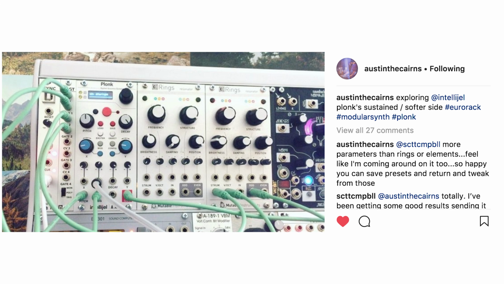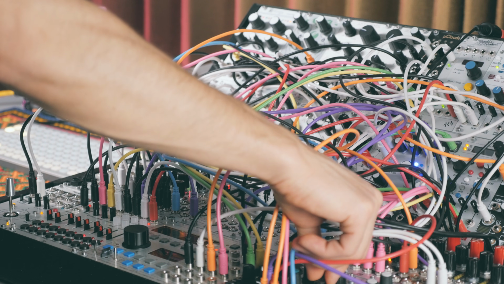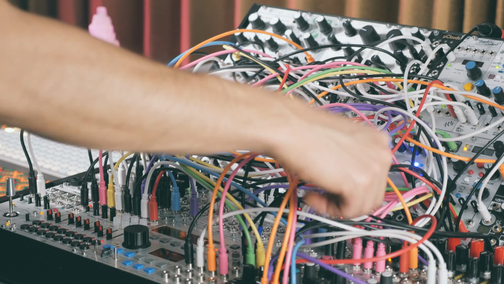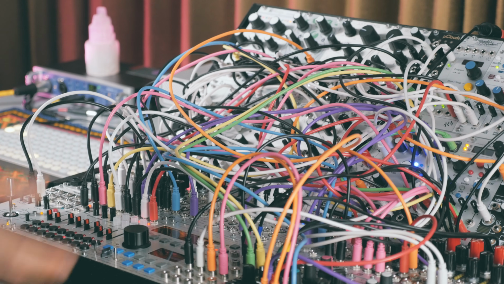Then Austin posted some examples of some sustained Plonk sounds on his Instagram, and I'm like, all right, I gotta get in on the fun here. So this piece is my response. So yeah, it's kind of like a cello. You can hear all the reverb, it's pretty wet, and that reverb is from Space Designer in Logic, which actually